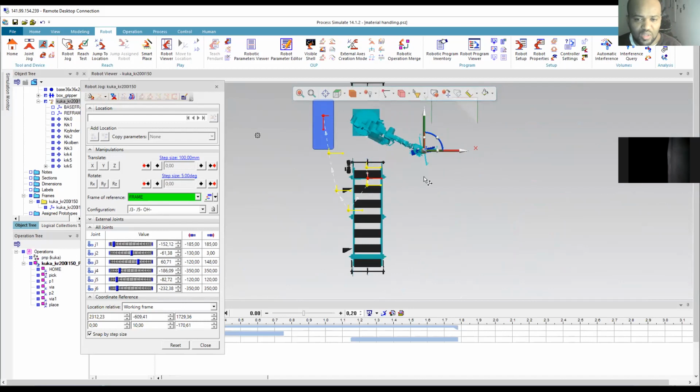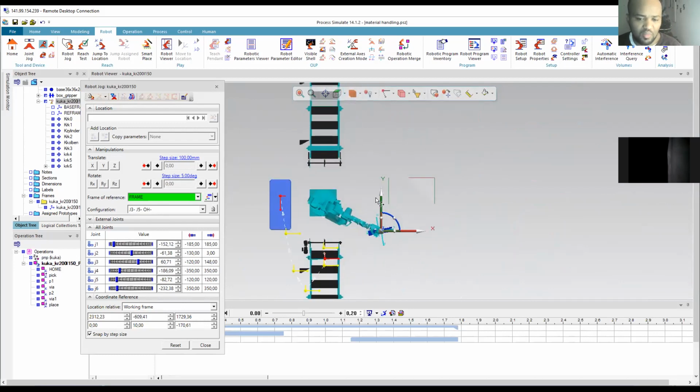So assume this is p prime. Then you have these values: x position, y position, z position, rotation about x, rotation about y, rotation about z. Now if you want to move this one here,